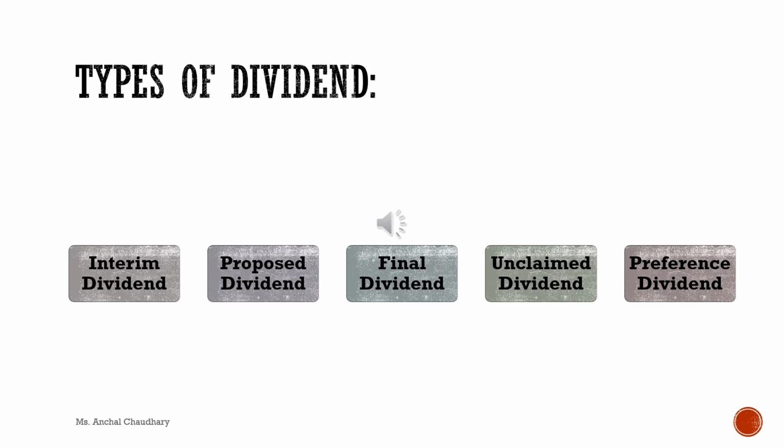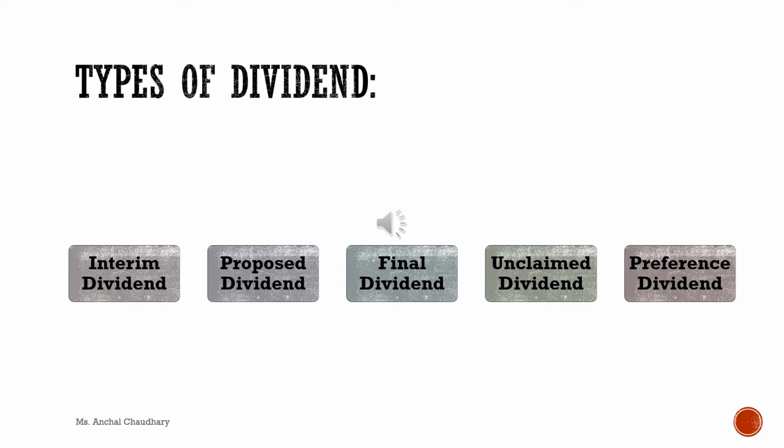So students, if a company has proposed the interim dividend and they are proposing the final dividend also, they can't do things like not giving the interim dividend and instead giving only the final dividend. So it can't be possible. If you have declared the interim dividend, then you have to pay both of them.